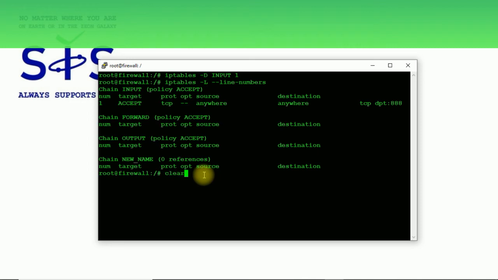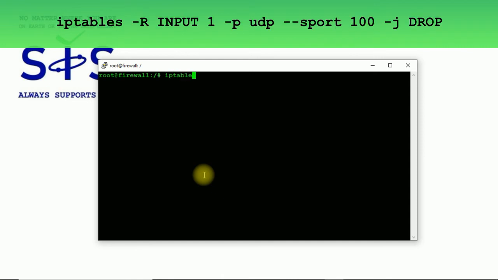You can, of course, change a rule that you want to. For example, you know that you won't have any traffic sent on port 888, and you want to change it with the replace option, dash R, this rule into something new.